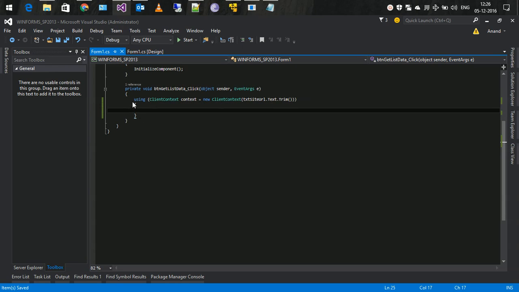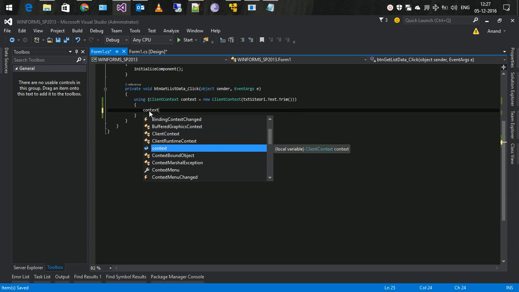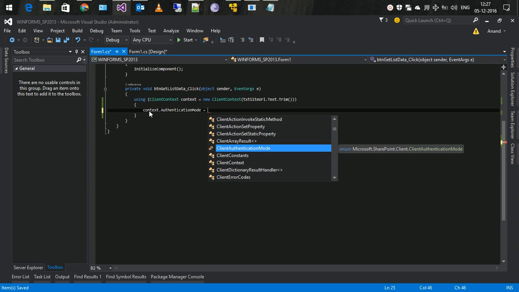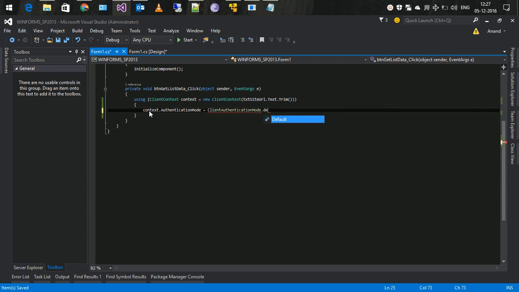So basically this is the CSOM way of querying SharePoint, and here you'll be having client context and not SP context, which you find in the server object model. So once you have the client context, you need to specify the authentication mode. Authentication mode equal to client authentication mode, it's the default, and